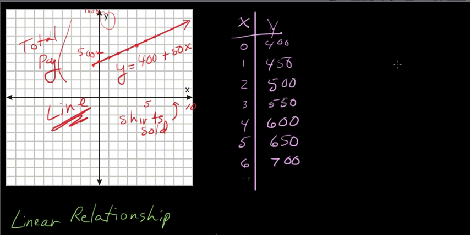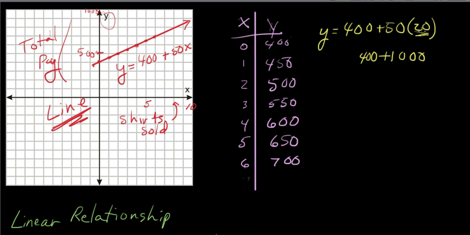So if I sell 20 shirts, y, that's the amount of my pay, will be 400 plus 50 times 20. What's 50 times 20? That's 1,000, isn't it? So if you sell 20 t-shirts, you're going to earn 20 times 50 is 1,000. So you're going to earn 1,000 plus 400, and that equals 1,400